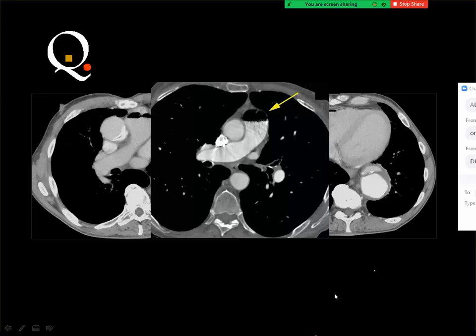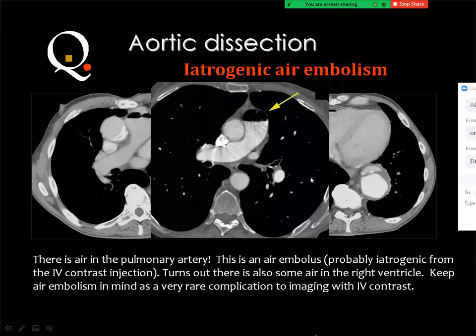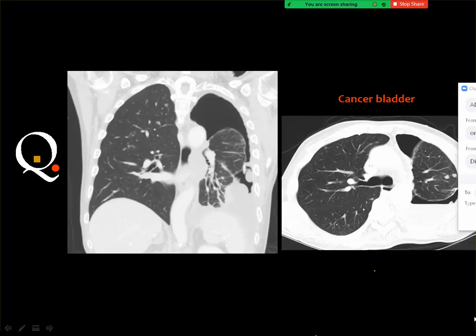This is air embolism. You know that because of the use of the automatic injectors, sometimes the air is not actually emptied from the syringe. Then you inject air with the contrast material. It will accumulate in the pulmonary artery, and if it reaches a sizable, a good size, it may affect the patient's life. Then this patient with cancer bladder,